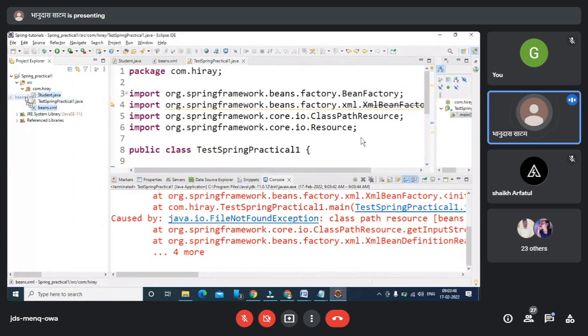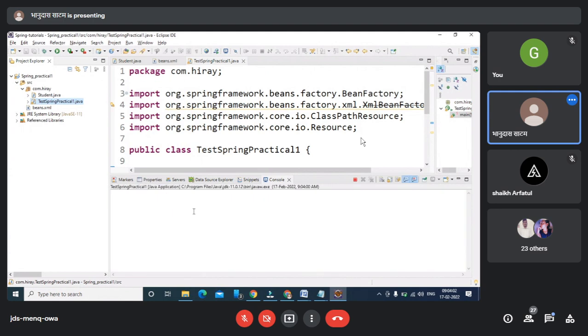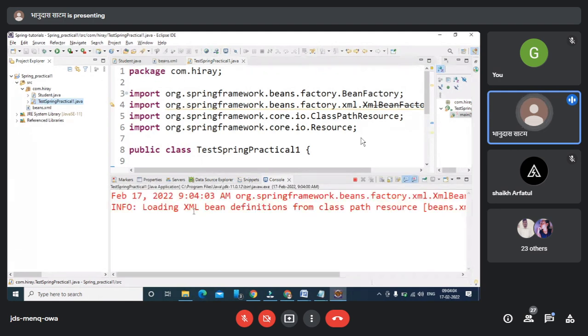The bean XML is not inside the com package; you should put it inside the source here. Let me run this again. Yeah, great. It's giving me the output name equal to Sukhiram and age equal to 22. This is the practical which I ran right now.